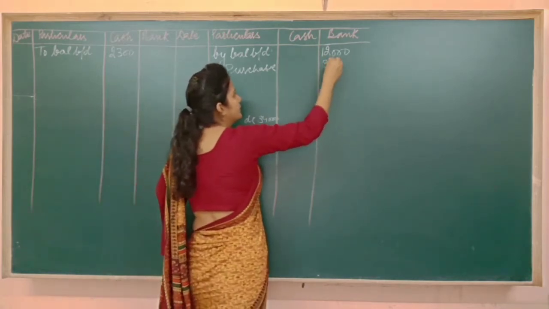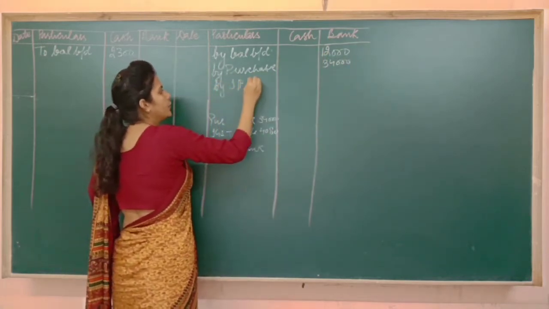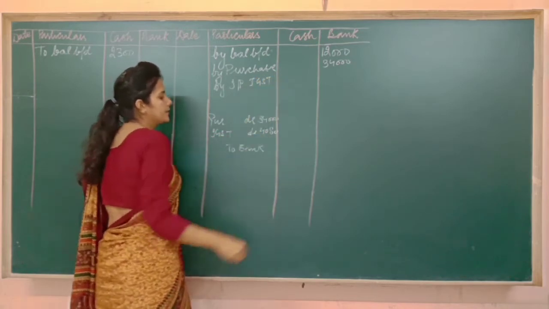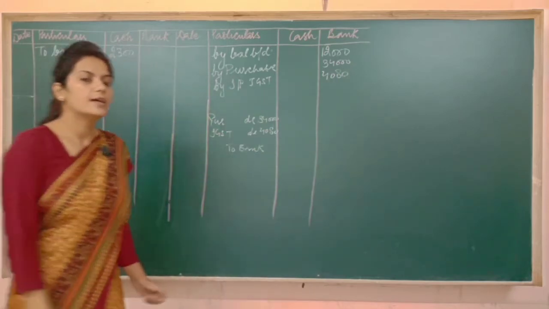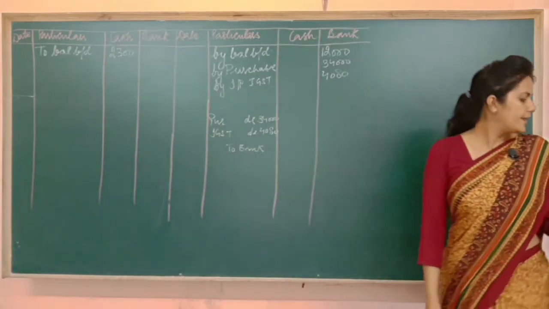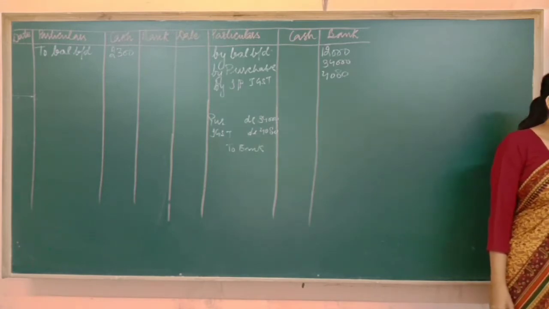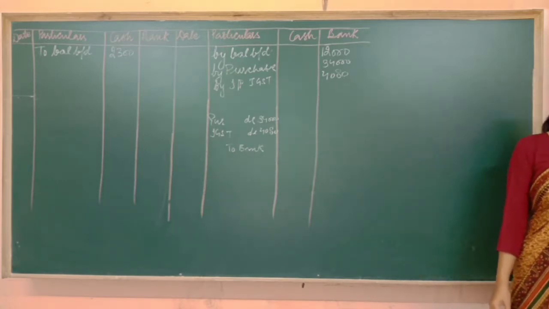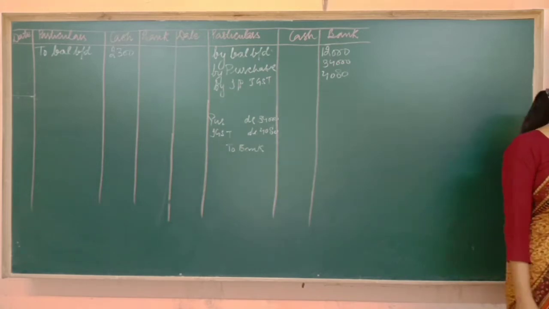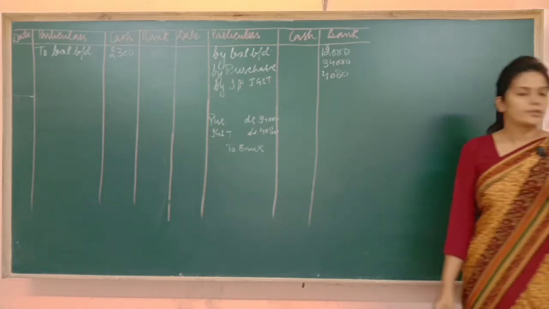So by purchase 34,000 and by input IGST it is 4,080. Fine. Now read the next transaction. Next is sold goods for rupees 30,000, 10% trade discount and payment received by a check and IGST is 12%. Now see, what is the case here?